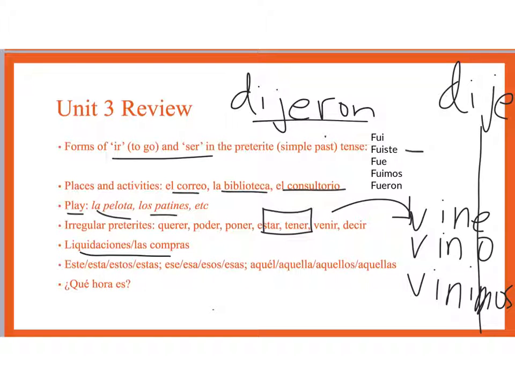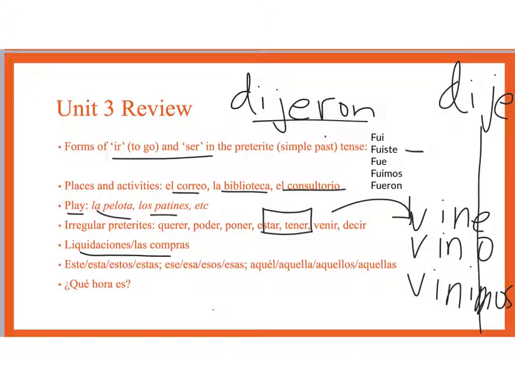Another thing is the demonstratives. Okay, it's an expanded demonstratives from last year. Last year you probably had este and esta, estos and estas, and ese, esa, and so on. So this one and that one. There's a third one that we add this unit. And aquel, aquella, aquellos, aquellas, they all mean the same thing. They're just masculine, feminine, singular, and plural, and that's why there's 4 of them. They are for that one over there.